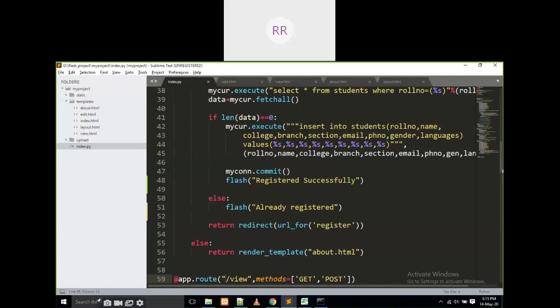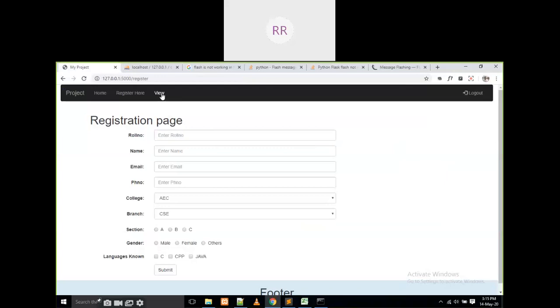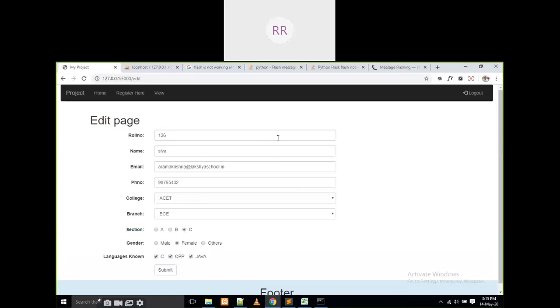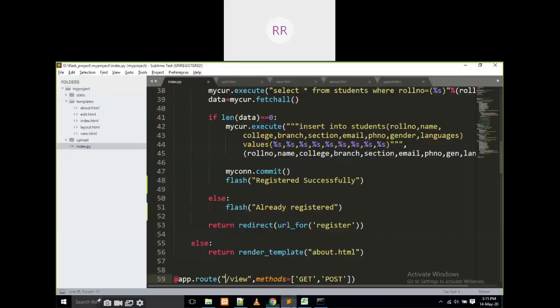That's it. Wherever you want flash messages, for example if you want to delete, if you want to delete this code, then here also we have to put those flash messages. And if it is edit, if you go in like this and update anything and click submit, then also edit is done or update is done. Like that we have to mention it everywhere. We are going to give some flash messages. You have to do it on your own, wherever you want to give the flash messages.